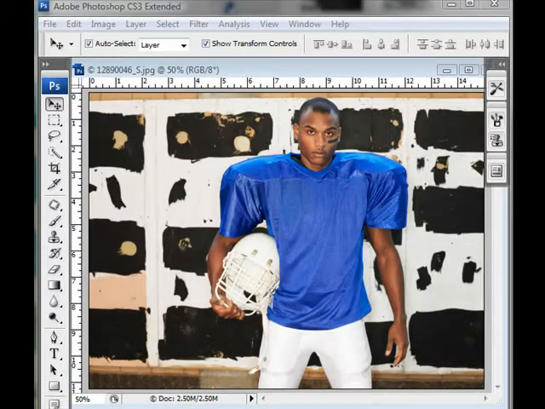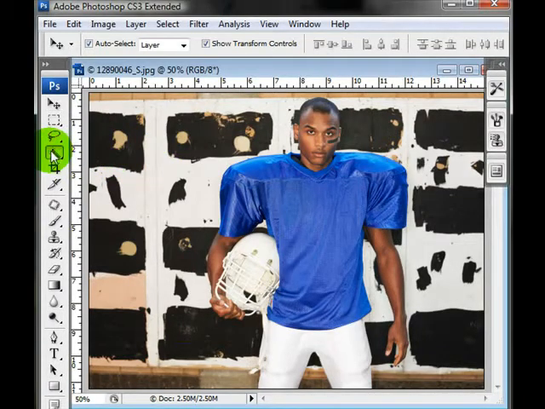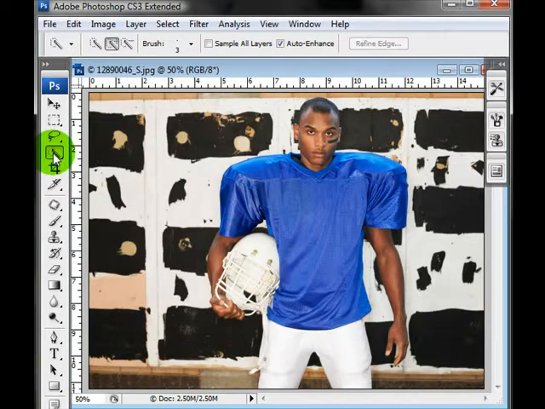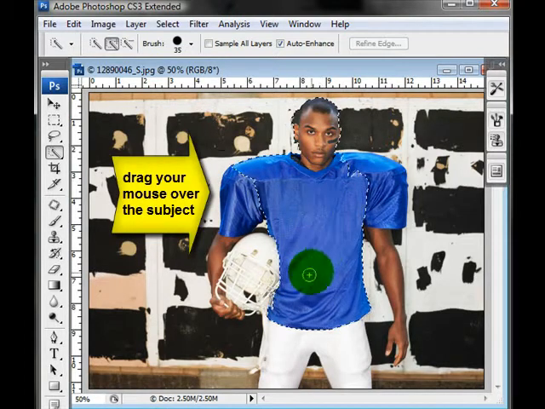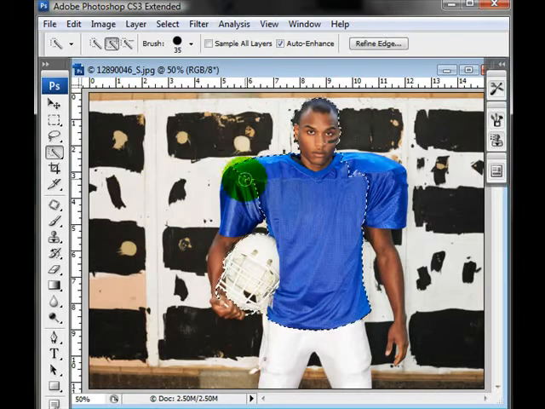Today I want to show you how to use one of my favorite tools, which is the Quick Selection tool. I'm going to click on it, and basically it's a brush, so I am going to hit my right bracket to make the brush larger, and I am basically going to remove my subject from the background. So I'm just going to start going over the areas that I want to keep,